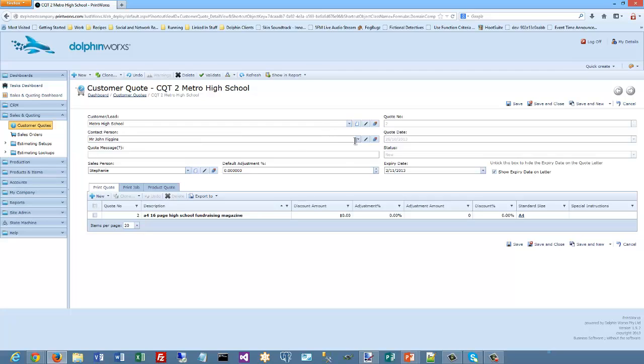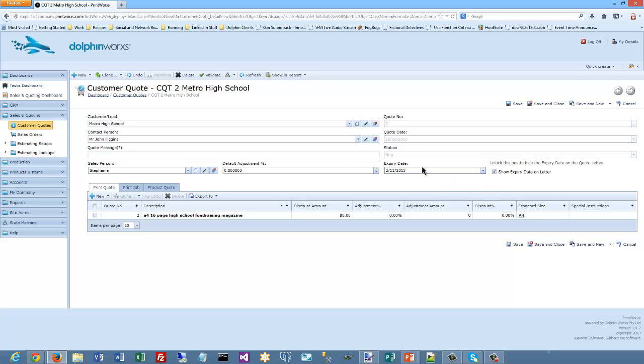Once you have your company and contact created and you pick the details, you can also assign a salesperson, which is an employee with a specific role, onto this particular quote. Your expiry date is defaulted by the settings that are on your My Company screen. That is also covered in another help video, so I'm not going to go into too much detail about that right now. You can override it on each individual quote if it's not correct for the particular client that you're